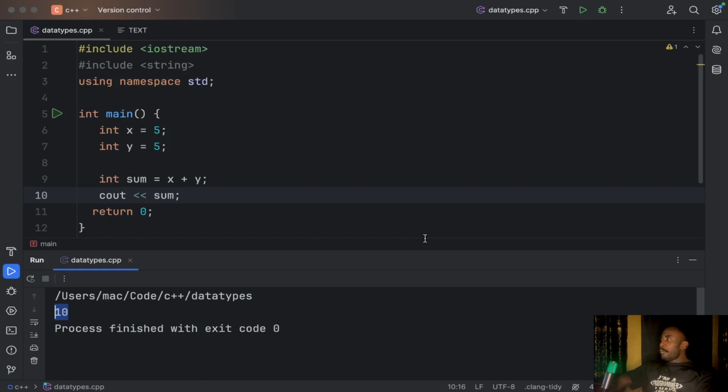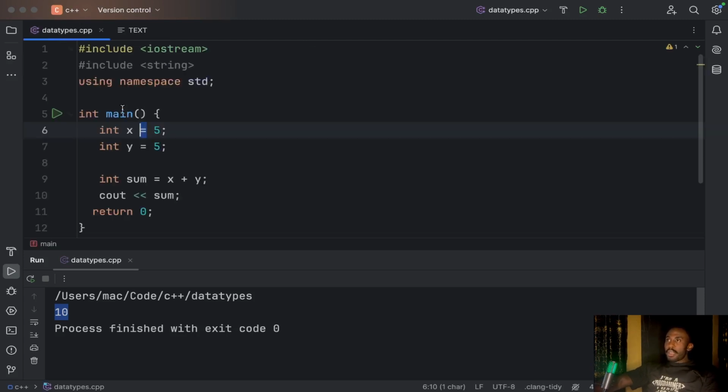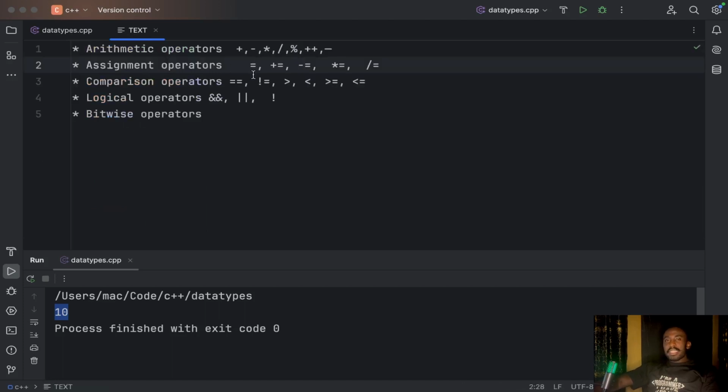Now, an example of assignment operators is just this equal to here we have on line 6. Assignment operators are like equal to, plus equal to. Let me just drop this in the console so we can follow along. Now, assignment operators are the equal to, plus equal to, minus equal to, asterisk equal to, and division equal to. How do they work? Now, for the equal to, like we have used here before, it just assigns a value to a variable. Then